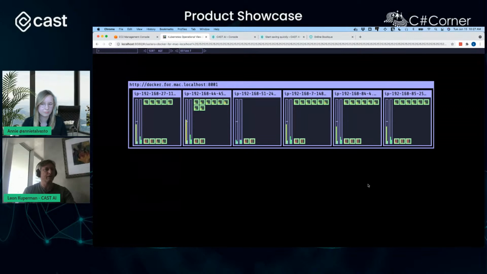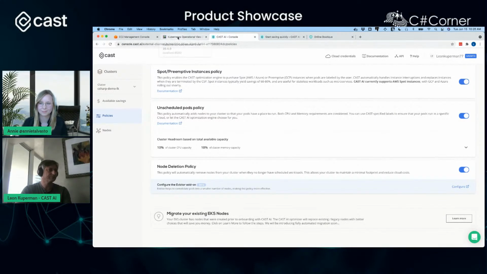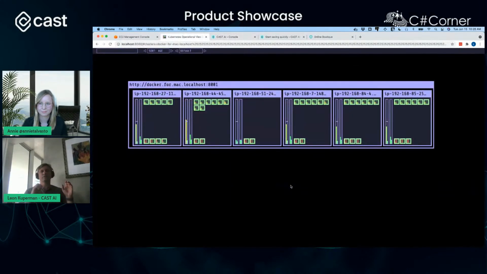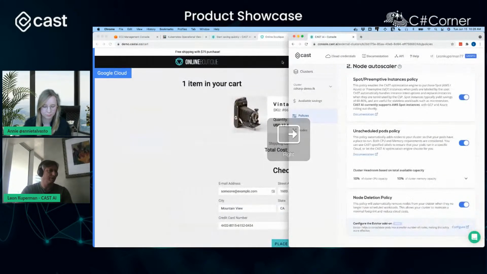So if we wait another couple seconds, let me make sure that I did, yeah, I did turn on the node deletion policy. If we wait another couple seconds, what we'll see is the node deletion policy will kick in, and there is a TTL because you don't want to take too drastic of an action on this cluster. Within about 10 minutes, you're going to see that that node will disappear, and that it'll probably choose at least 2 more victims. And our whole goal is to get, let me open the screen in split mode here.